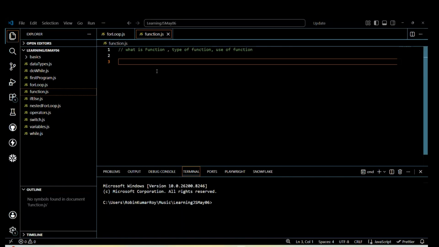Let's suppose a developer is developing a web page. They want to use some block of code not only at one place but also at different places. If you take the example of a real-world application, you will see the login button. As soon as you provide the username and password,